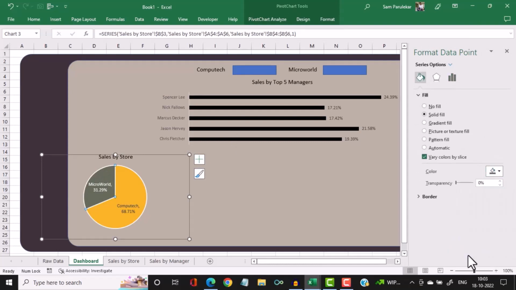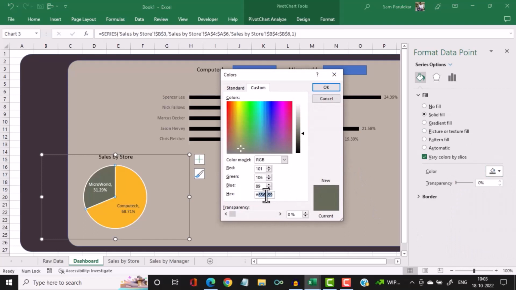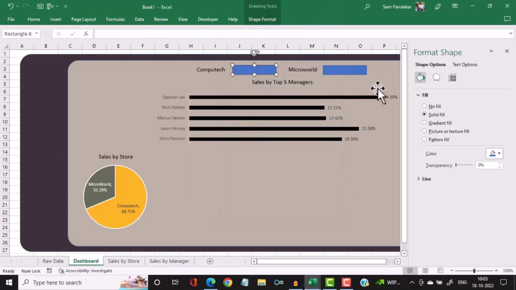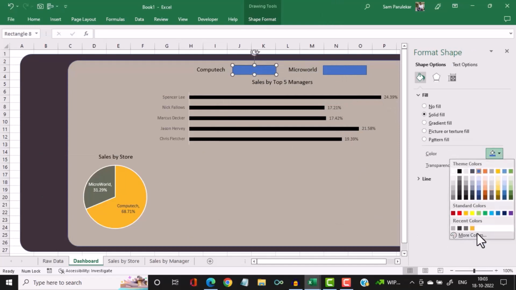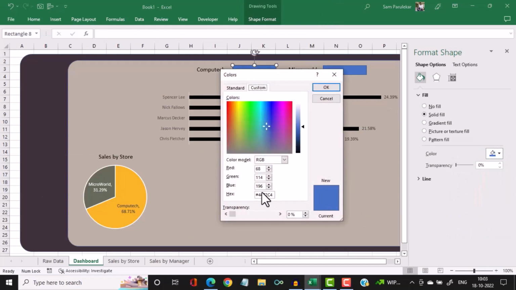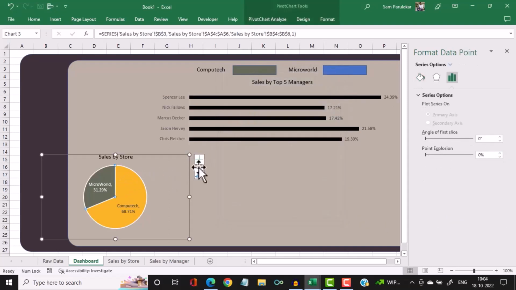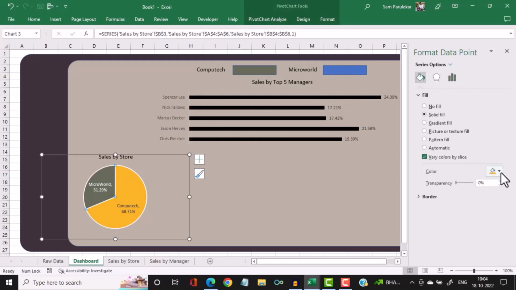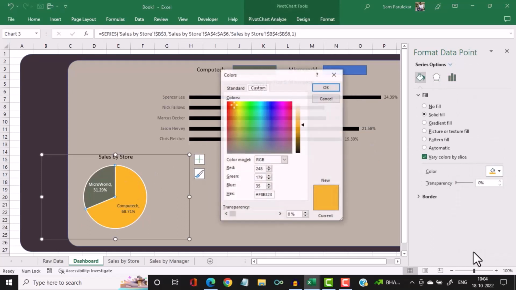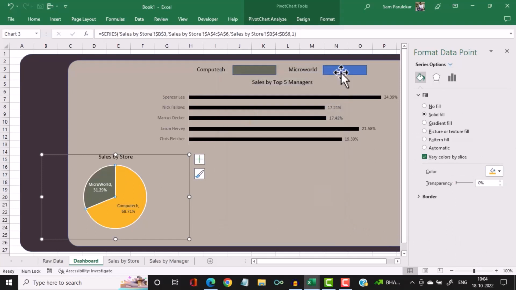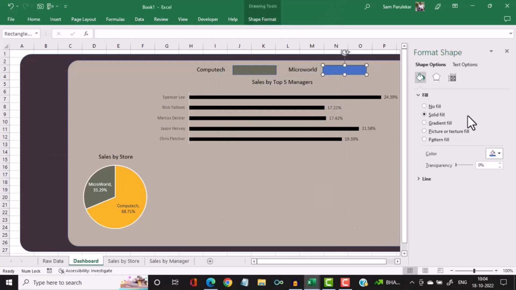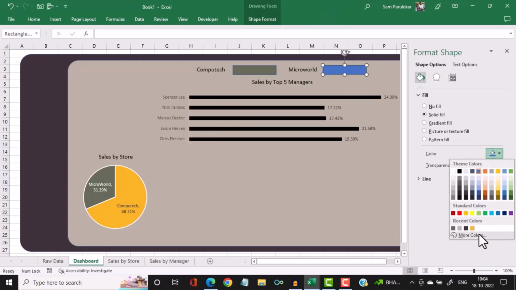So more colors, copy this color, come here, fill, more colors, and fill it with this color. Select OK. Same way select this, fill, and more colors, and select this copy, come here, fill, more colors,